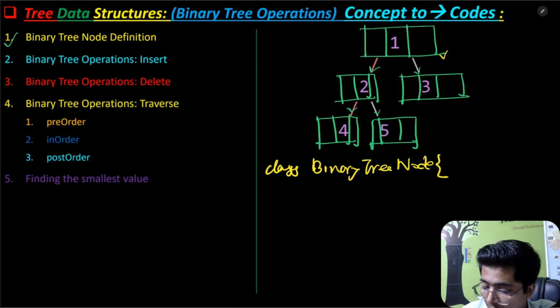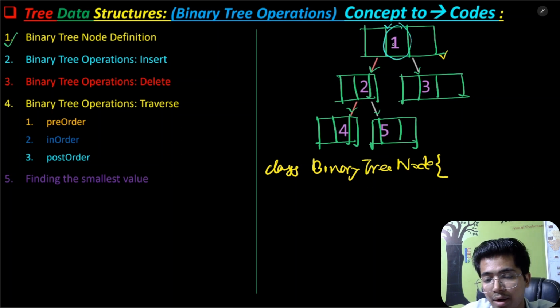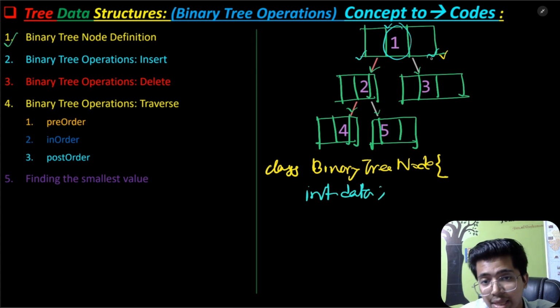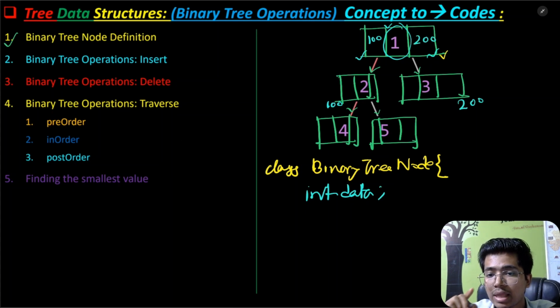Notice there are three variables. First, the middle one is the integer data part, because here we always store the data, so we call it integer data. After that, there are the two portions where we store addresses. Suppose one address is 100 and the other is 200, then we store one address here and the other address here. The address is always stored, and it is of type